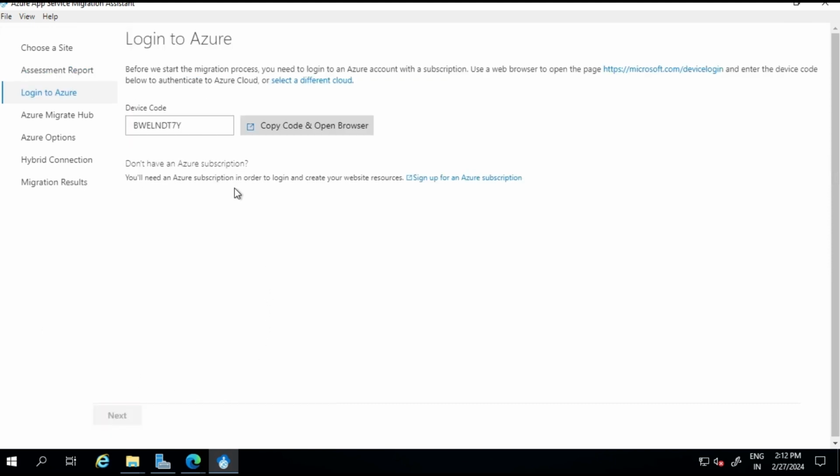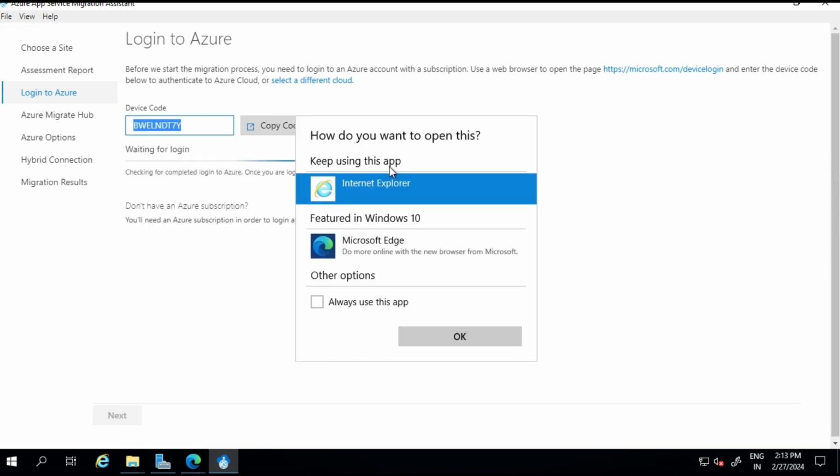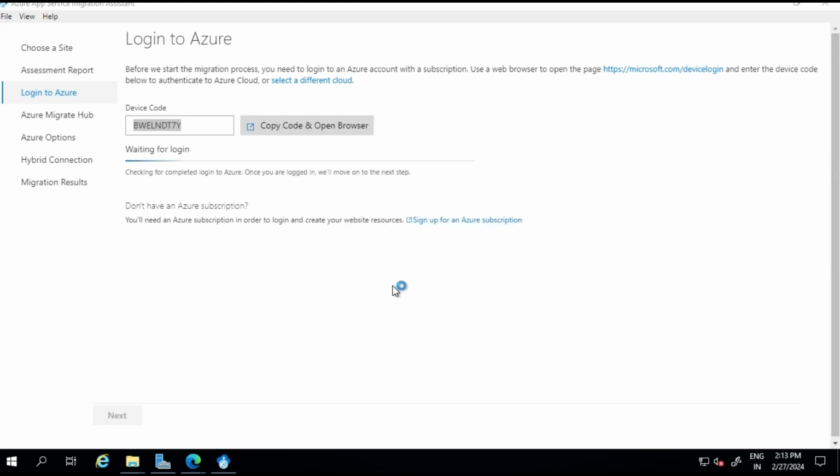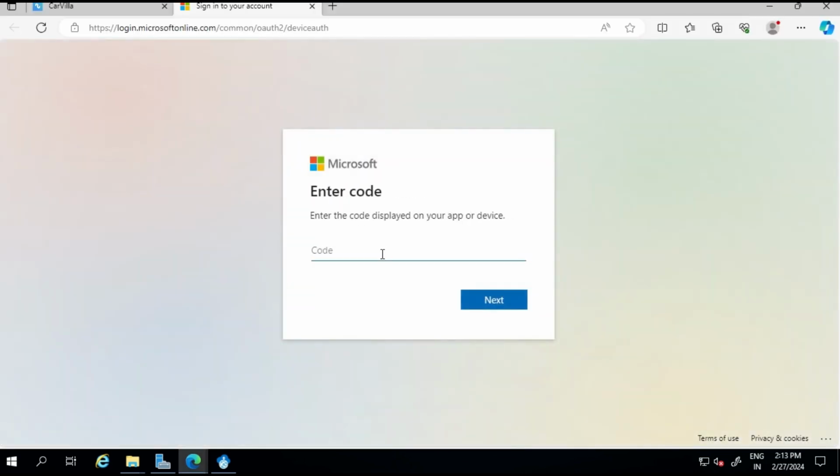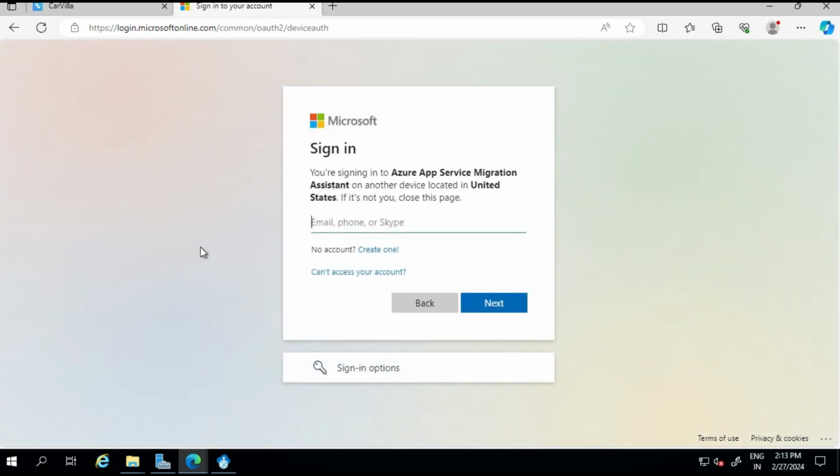Click next, and these are the actual steps, guys. Once you click on the App Service Migration tool, you will get this device code, and there is nothing else you have to do, just click and copy. Control C, copy and paste here. Just open it in the browser. Automatically it will open in the browser, and that code you just have to paste here. Okay, it's asking for